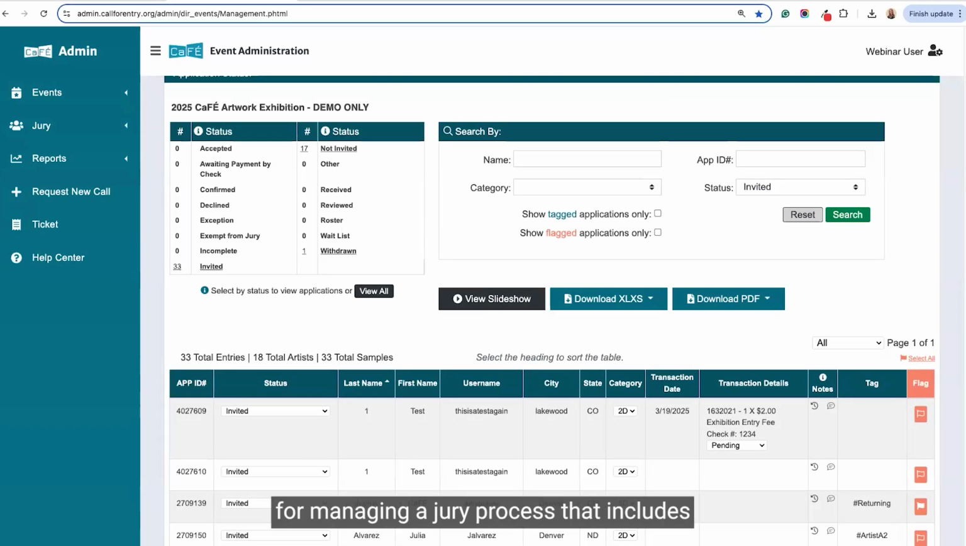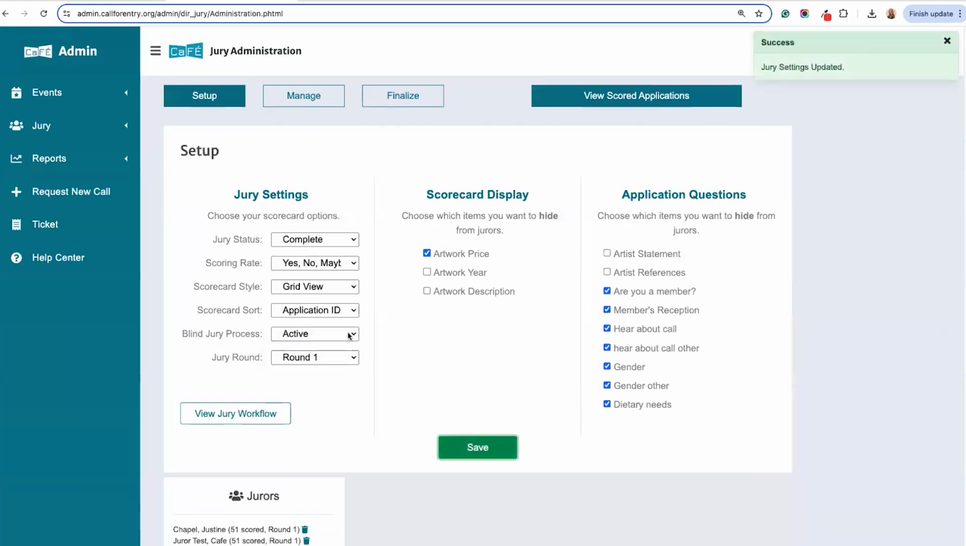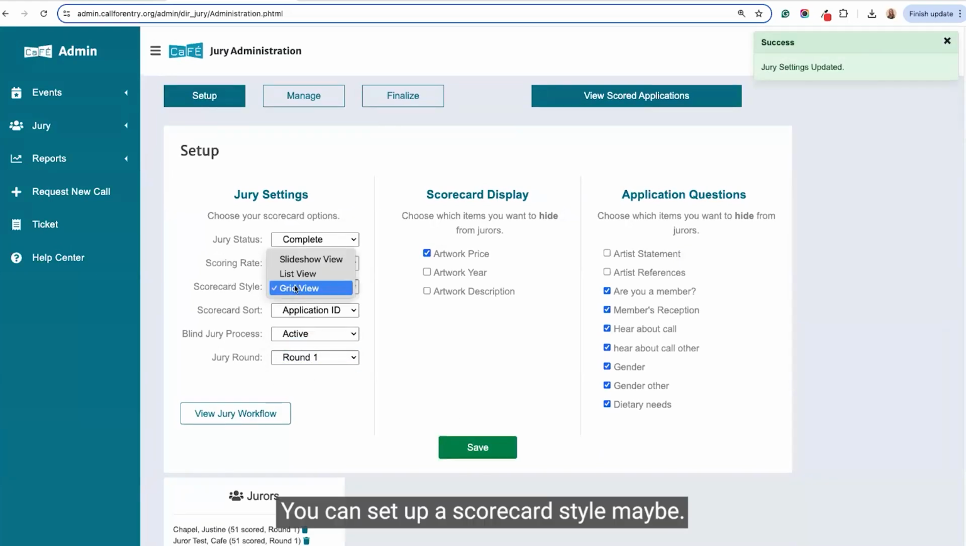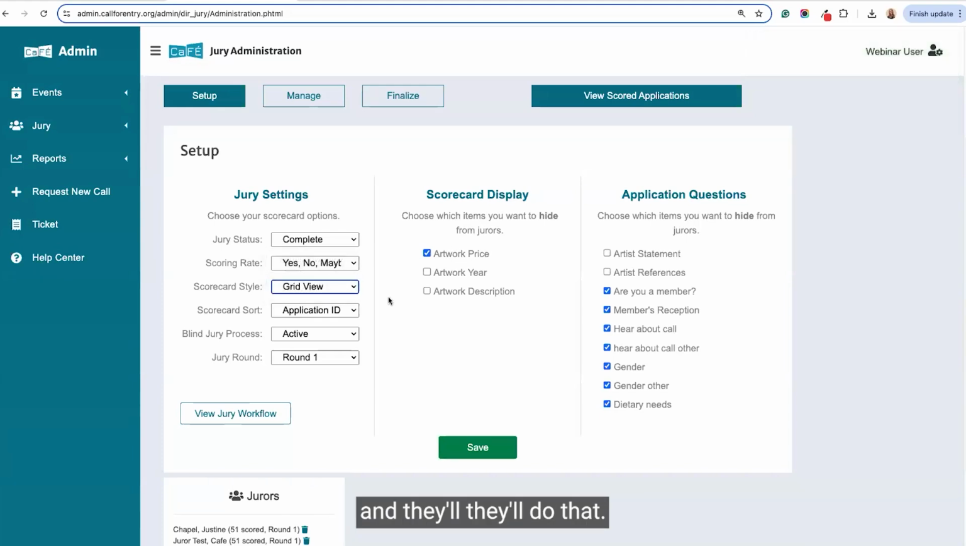Do I have any suggestions for managing a jury process that includes preliminary jury work virtually and independently, and then a shared meeting where discussion and final decisions take place? Yeah, one suggestion is to conduct your round one, just like you're saying, independently and virtually, where the jurors will log in and score. Let's say we're in round one for that. You can set up a scorecard style, maybe grid view, list view, whatever works for them. And they'll do that